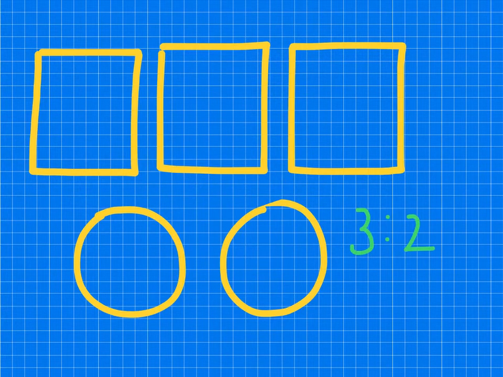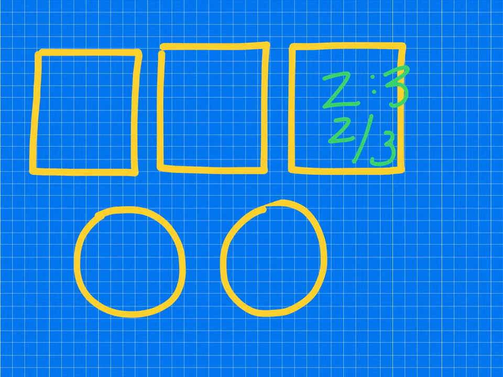I can also write it like a fraction, 3 to 2, or I can literally write it as 3 out of 2. You must always show your ratio in the order that it's either written or you're describing it. As a ratio, I can compare the circles to squares by saying 2 out of 3,